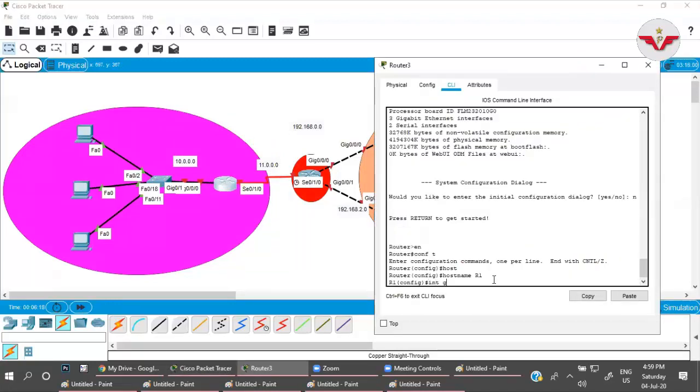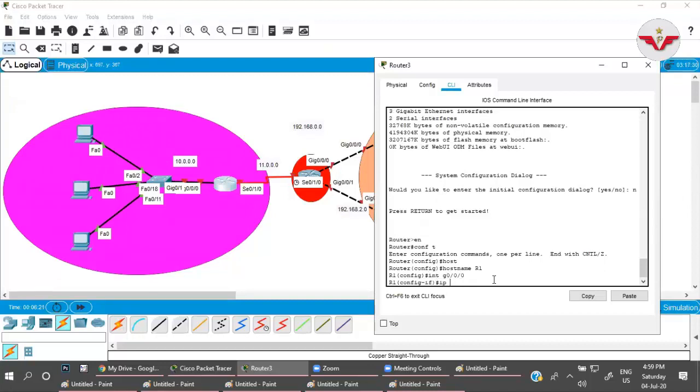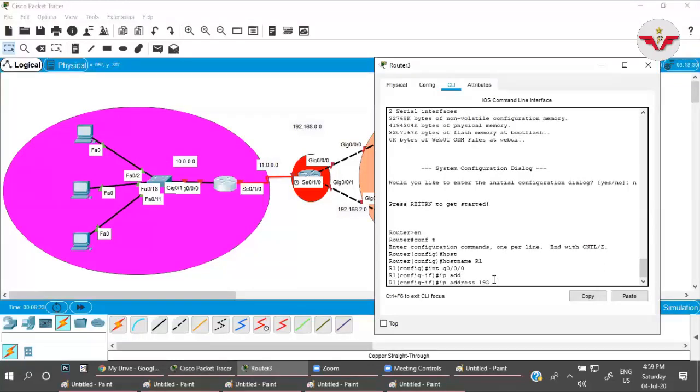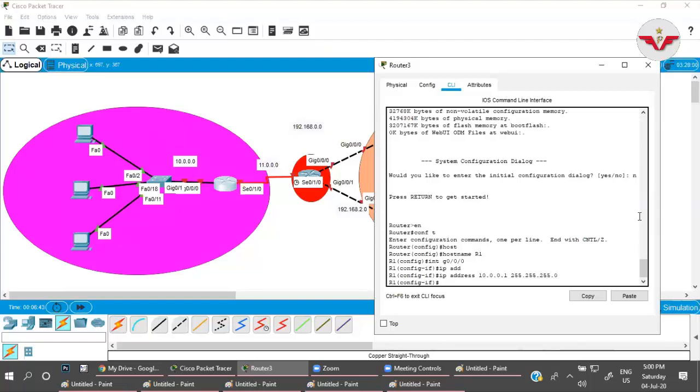So interface G0/0/0, IP address 10.0.0.1. Sir, you have mentioned 1. Okay, thank you so much, brother. 10.0.0.1, 255.255.255.0. I'm taking 24 bits.